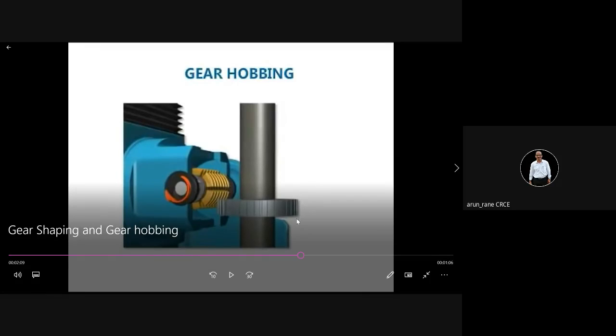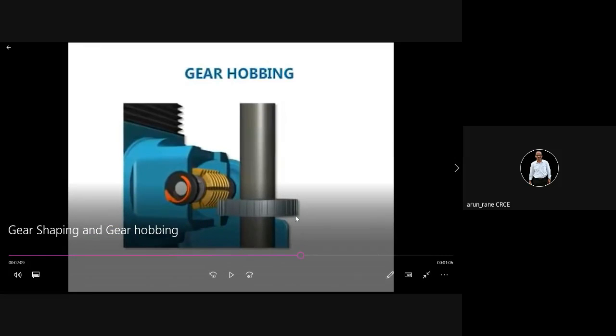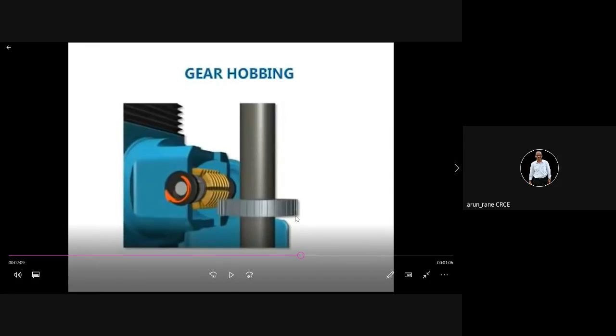What happens in gear shaping? The shaping cutter reciprocates up and down, and this stroke can be controlled to within 1 mm. There is a gap of 3 mm from this gear to the next gear. So from here, the shaping cutter can be stopped at a distance of 1 mm. So it is not going to cut or interfere with the next gear. There you have no choice but to go only for a gear shaping machine.